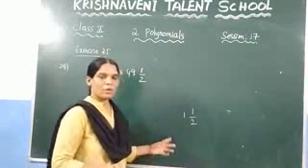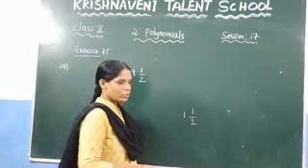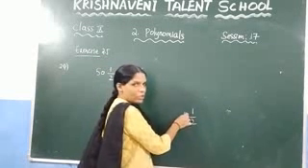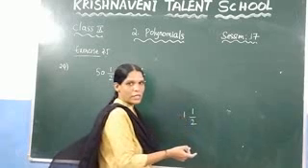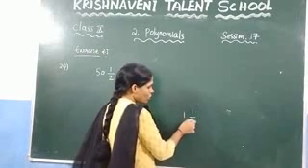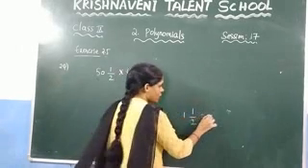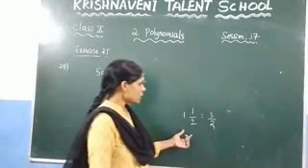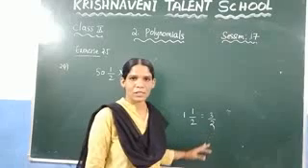By using the normal process, how do we do it? You multiply these two values, 2 into 1 which is 2, and the result is added to the numerator, in this case which is 1. So 2 into 1 which is 2, plus 1 which is 3/2. This is nothing but the conversion of the mixed fraction into the improper fraction. This is the normal process.